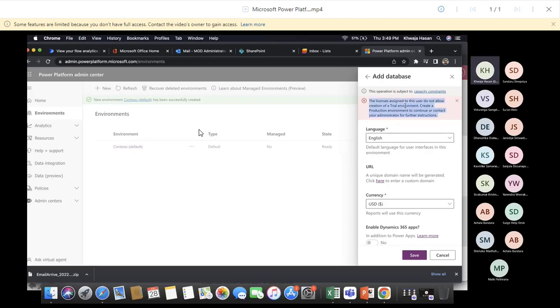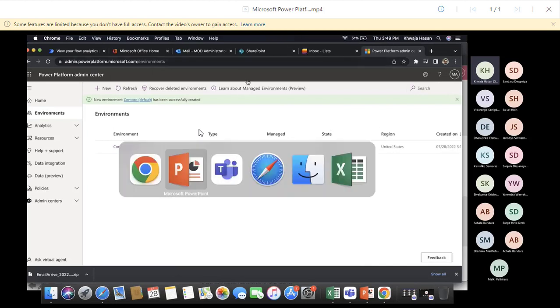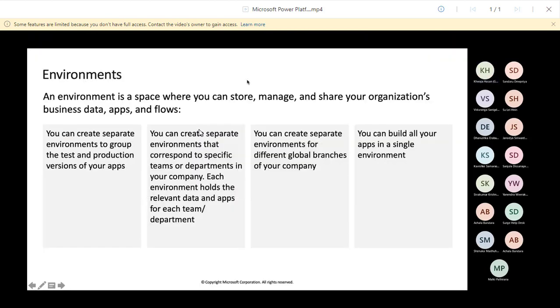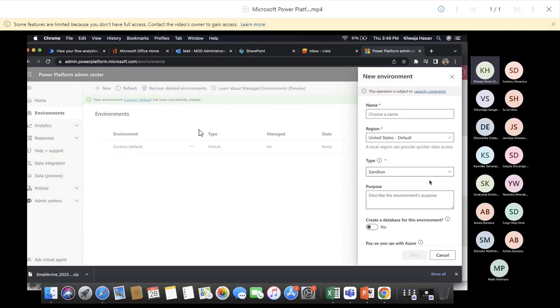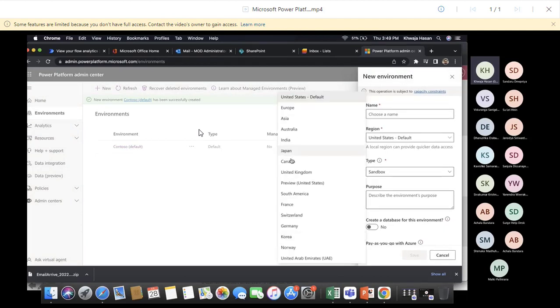Okay, so I don't have a license, and you need a license to create an environment. These are the steps required to create an environment, and you can create separate environments for different global branches of your company. Like I showed you, you can select the region based on the department. If you are working in a global organization which is managed by different countries, it's ideal to select your